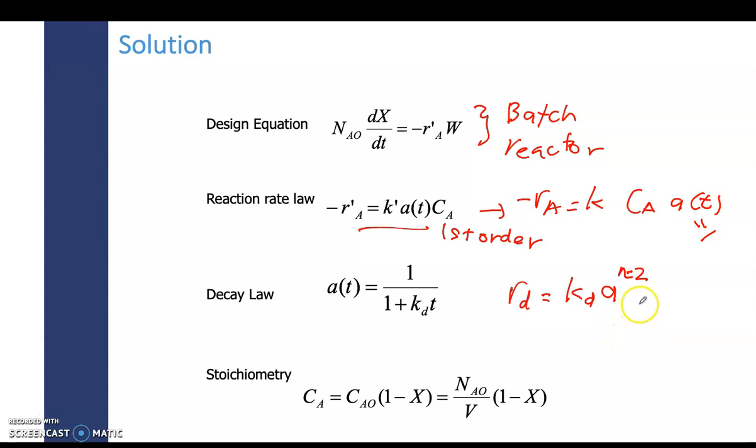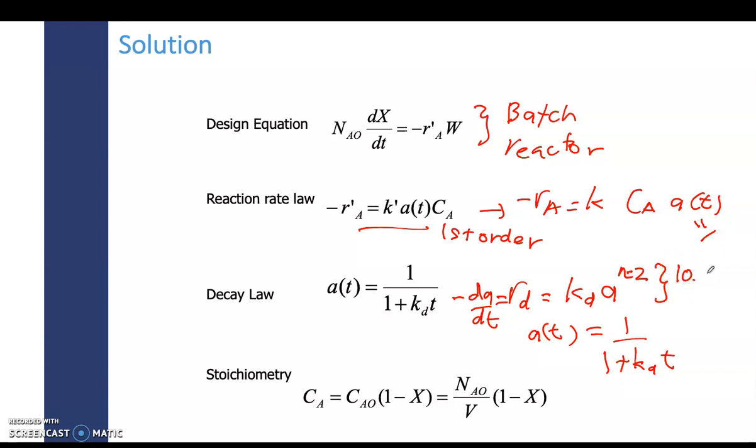So this is equal to negative dA over dt. Then you integrate it, so it will become At equals 1 over 1 plus Kd t. This equation is actually in your textbook, page 710,